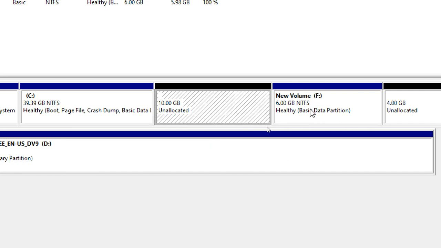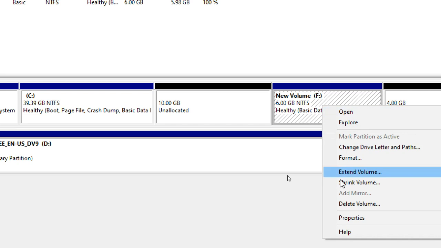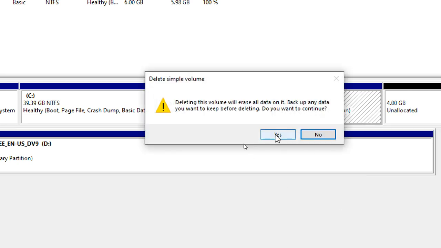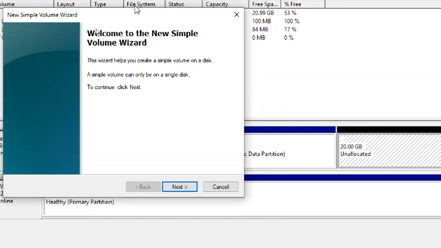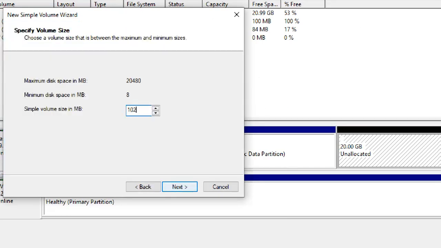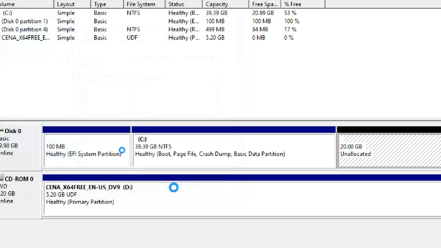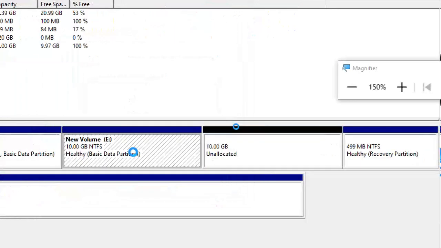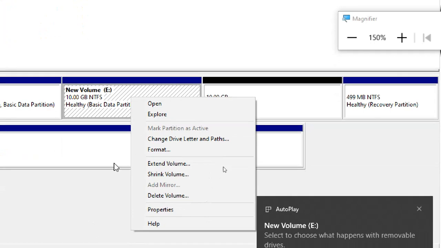I can't add these two here. The F drive contains the data now. The data you have to store in a different drive and we can do it. But that data I created, no problem. I'm going to delete this data also. The F drive contains the data. Now again I'm creating from the starting, out of 20 GB, 10 GB. I didn't need to delete that one. Unnecessarily deleted. Already 10 GB unallocated is there, right? Okay, no problem.